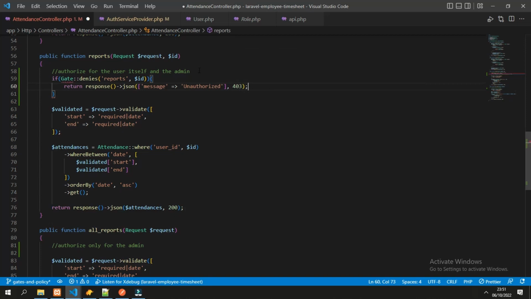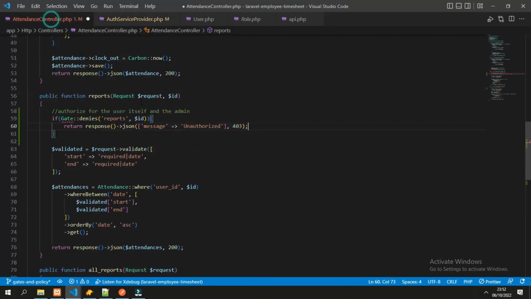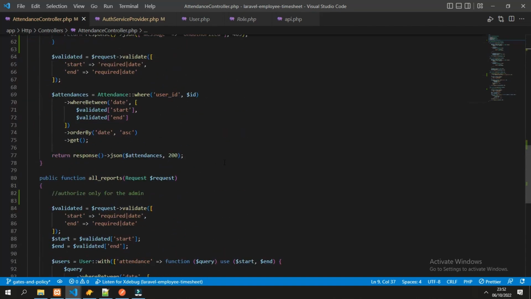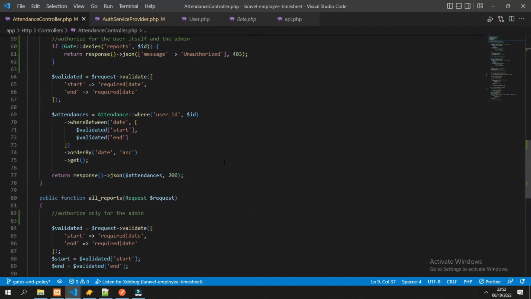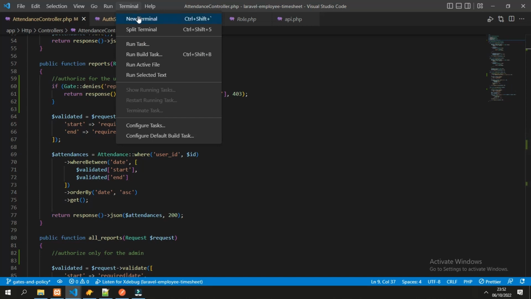But first we need to import the library, we can copy from here the gate library, and we can try to test the gate for reports. So let's run the application.